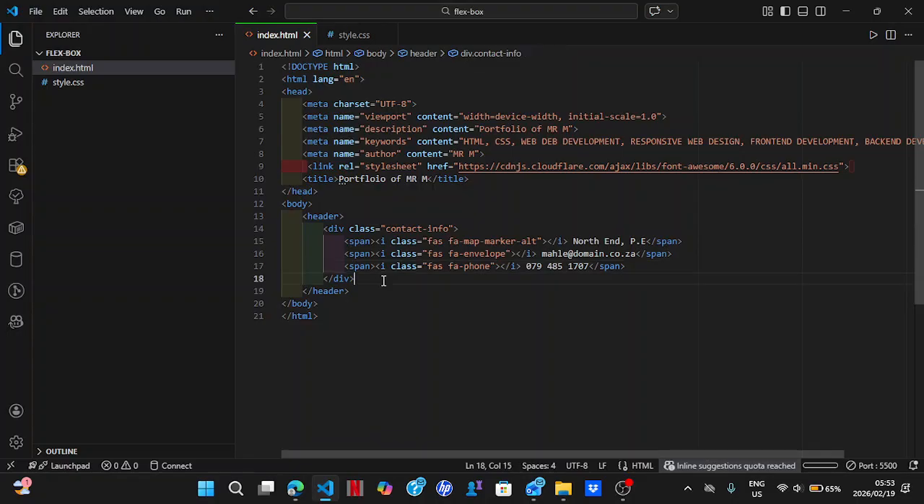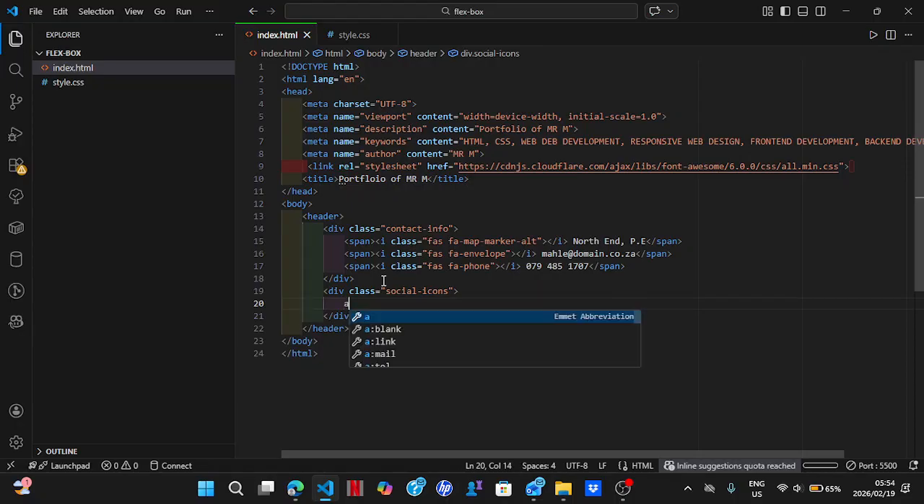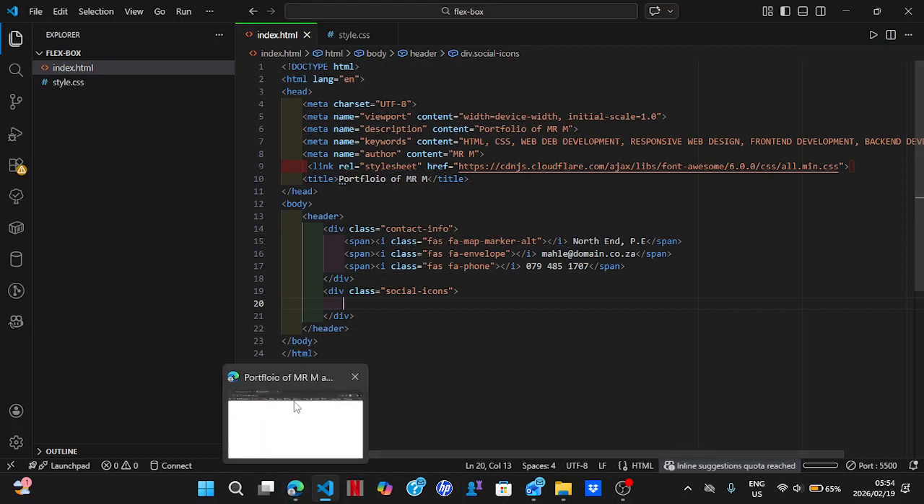So what I'll be doing, let me just say dot social icons, social icons like this. And then let's put some icons. It's A. So now, since now the icons, what I want to do is when someone is clicking on the icon,